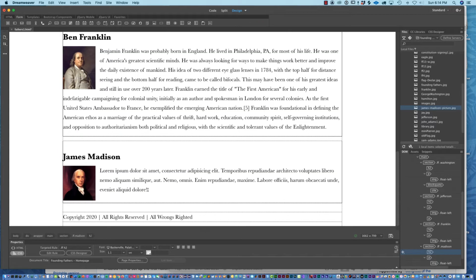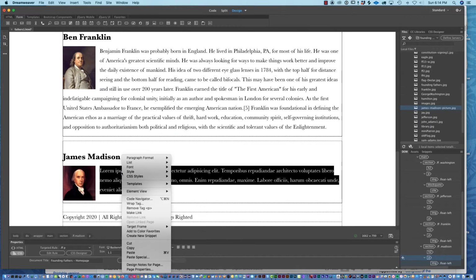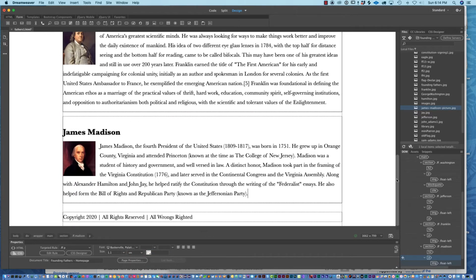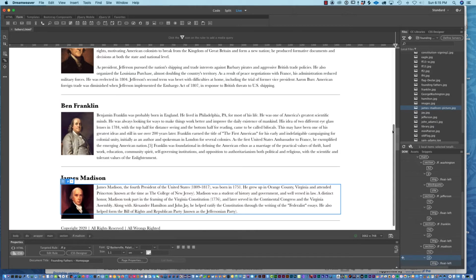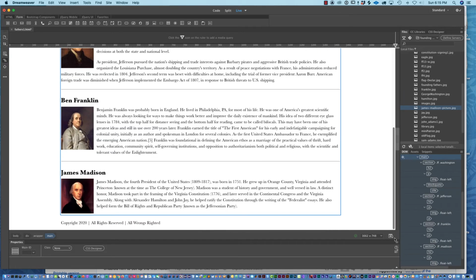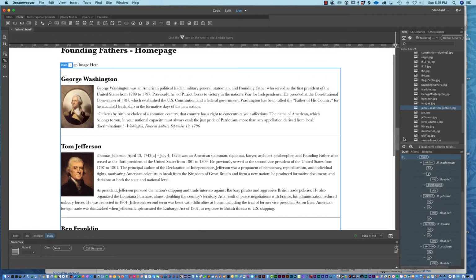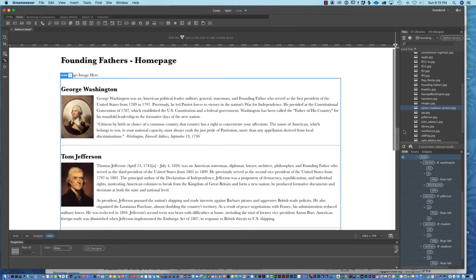And we will select the Latin text right inside the design view and then paste in the text on James Madison. And then we can shift back to live view, and we can see that that does the trick. So we have Madison, Franklin, Jefferson, and Washington all neatly stacked up,